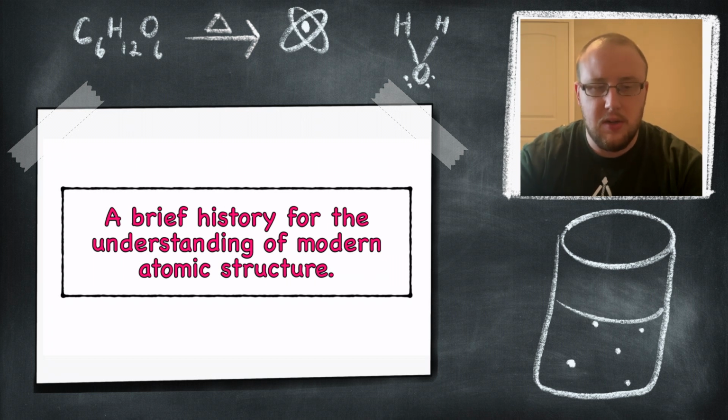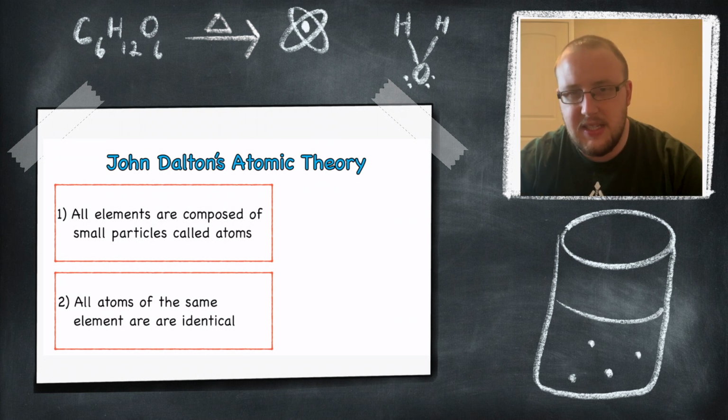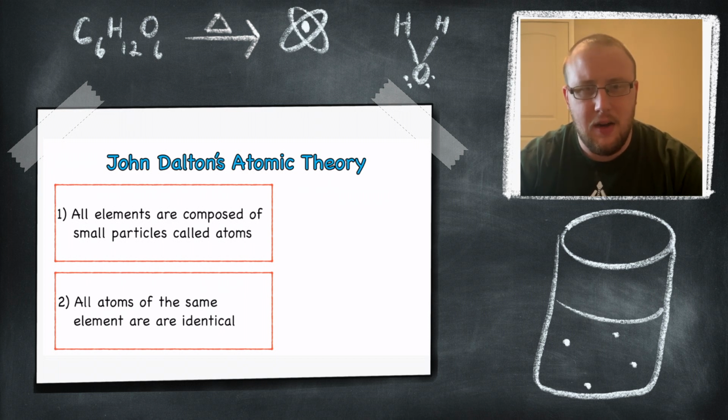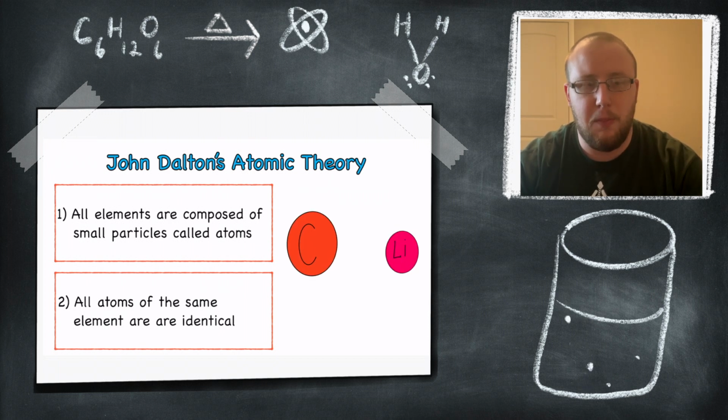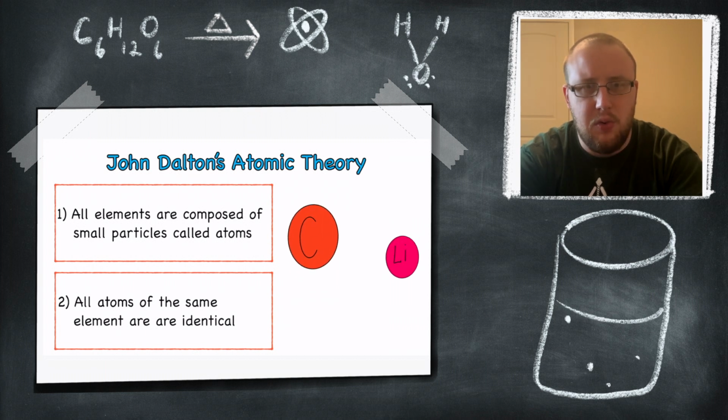So let's first start off with John Dalton. John Dalton was the first person to publish theories about what atoms looked like and how they behaved. He had 5 statements that shaped the future of all of chemistry, basically. Scientists after him started basing their observations, basing their knowledge on his postulates or his theories. So let's start breaking down his 5 postulates. His first postulate or statement was that all elements are composed of small particles called atoms. So basically he was saying, hey, every element that we see can be broken down into a fundamental unit